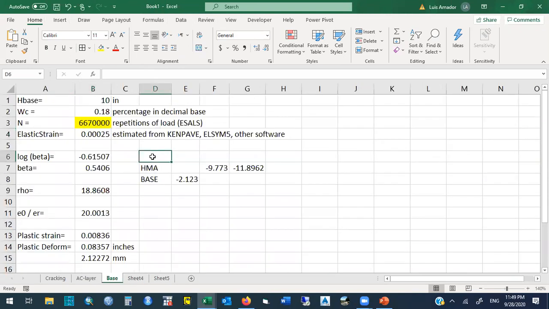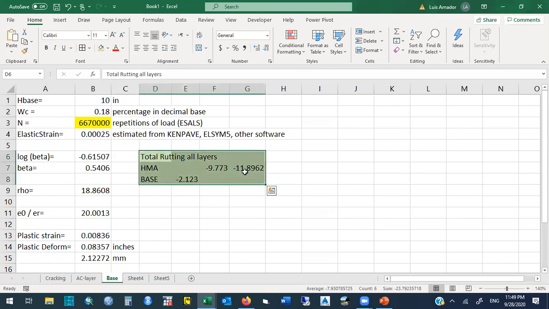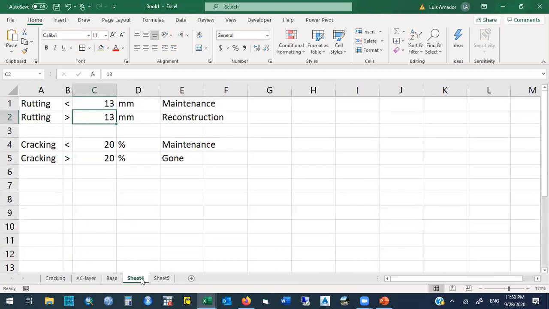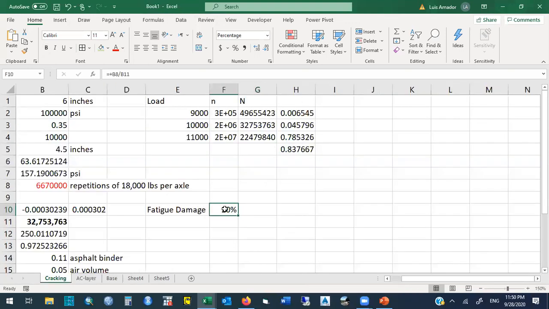So this is my total rutting, all layers, and this is my total here. So I'm getting to 12. You see? And I need 13, so I'm close to that. And in cracking, I'm at